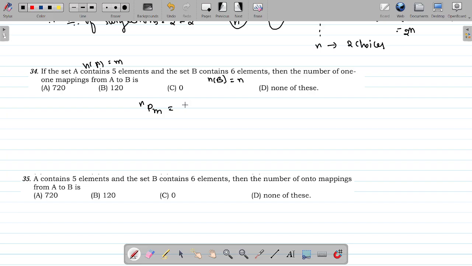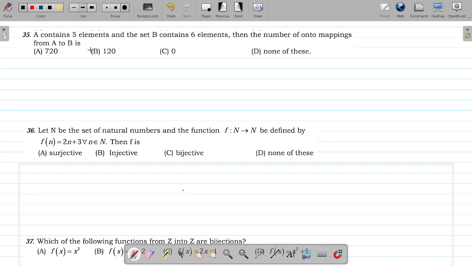It is nothing but here 6P5. It is nothing but 6 factorial divided by (6 minus 5) factorial. If you calculate this, you are going to get 720. So option E is correct. Next,